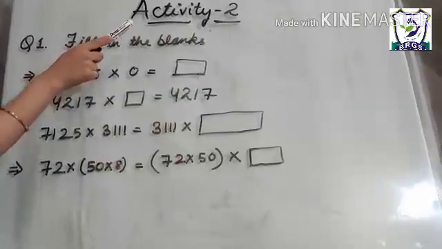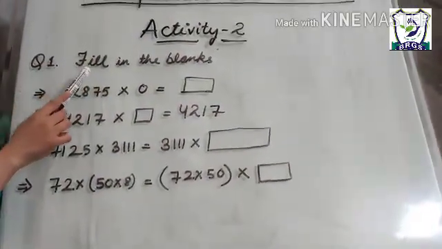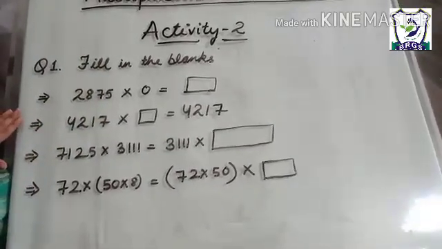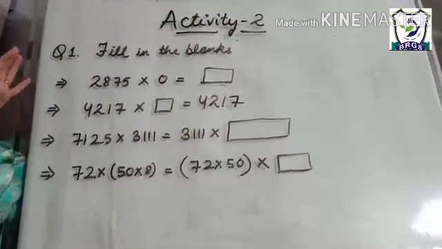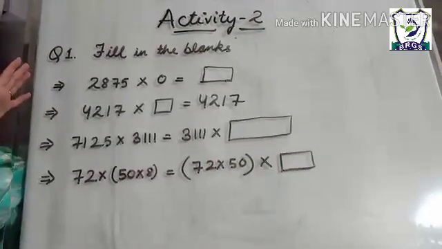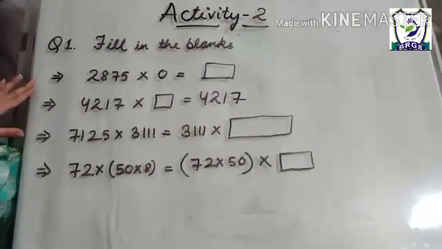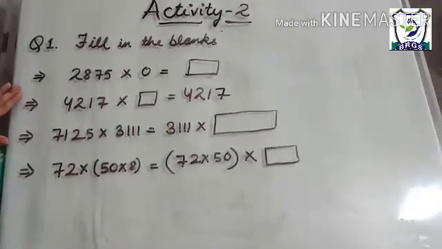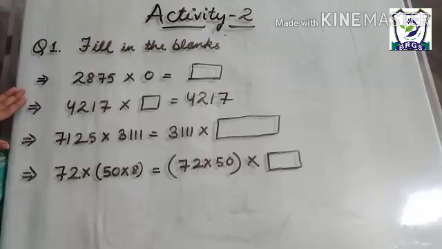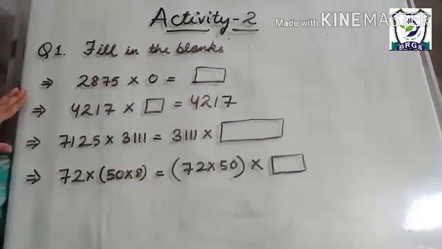Now students, we have completed our activity 1. Complete all the 5 questions of activity 1 in your notebook. Now we are going to start our activity 2. Activity 2 is totally based on the properties of multiplication which we have discussed in our previous video. So activity 2. Students, your question number 1 is fill in the blanks. In question number 1, you will get blanks which are totally based on the properties of multiplication. Okay students, before starting this activity, firstly go through the properties again, then start doing the questions. This will help you understand these questions better.